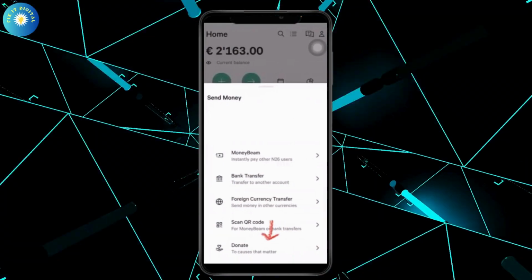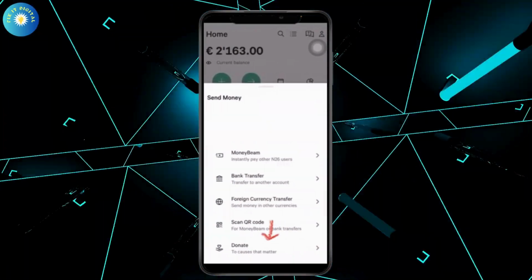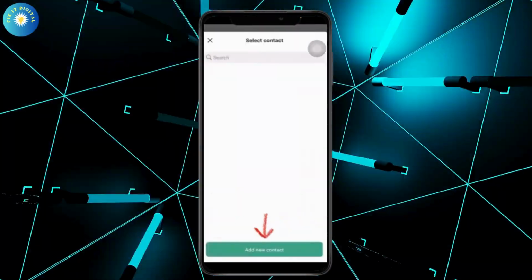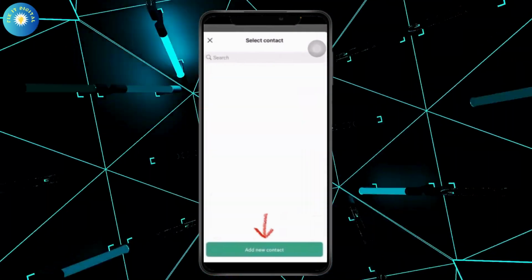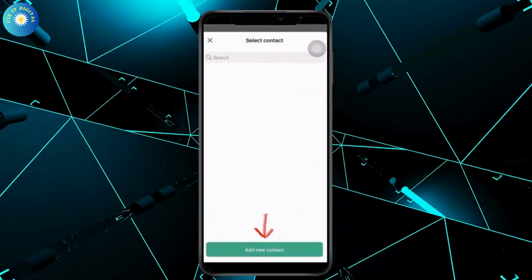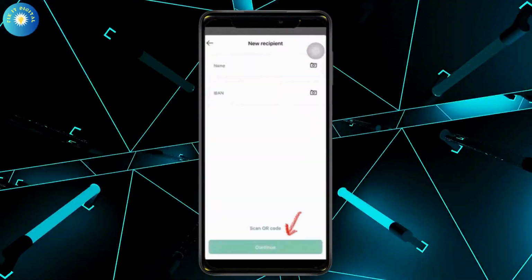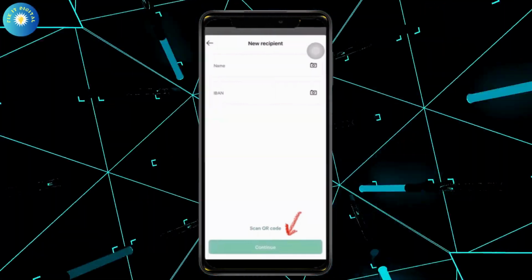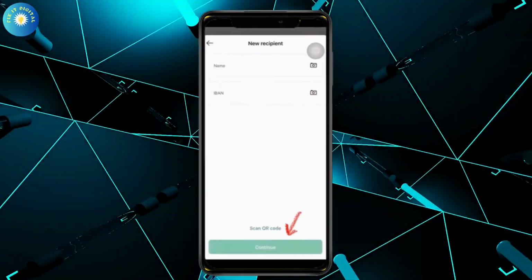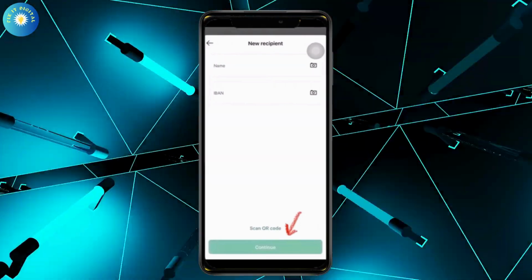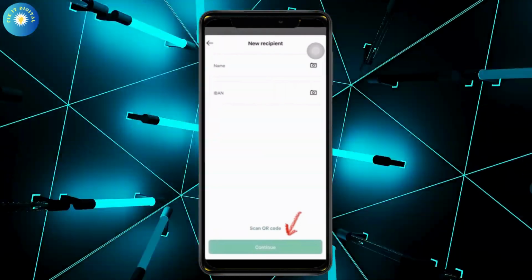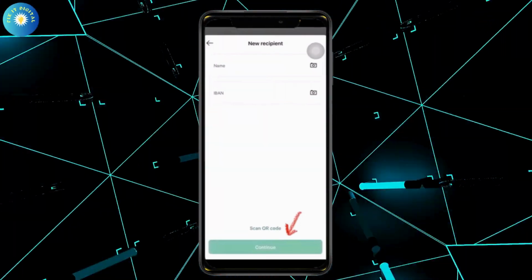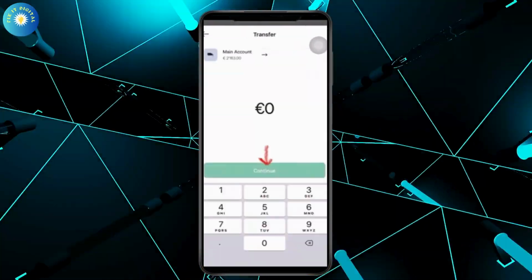Tap on the option that says donate, and once you tap on donate here, you'll be seeing the select contact option. What you need to do is simply tap on add new contact on the bottom of the screen, and once you do that, you will be sent to this page. So you need to enter the name while you are purchasing your cryptocurrency, and then enter in your IBAN number. Once you have done with all of that, tap on continue, which is on the bottom of your screen,